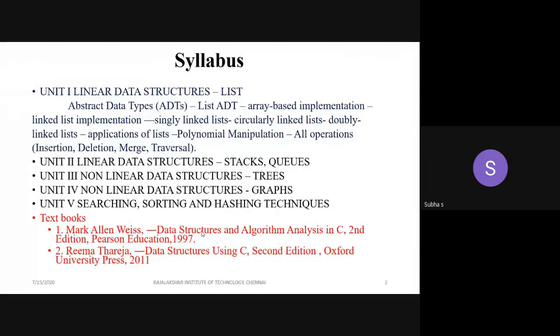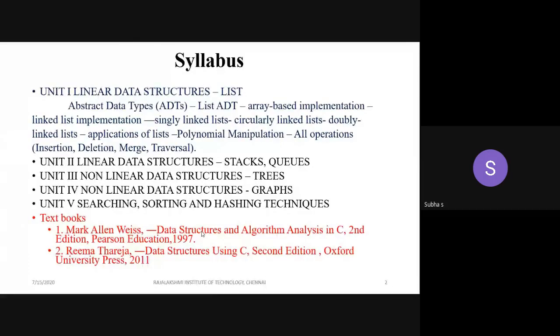Try to take running notes; have a note and pen with you. Though we are sharing this PPT, have the practice of taking running notes. If you haven't had this habit so far, start this habit today onwards. So this is the syllabus covering all the 5 units.